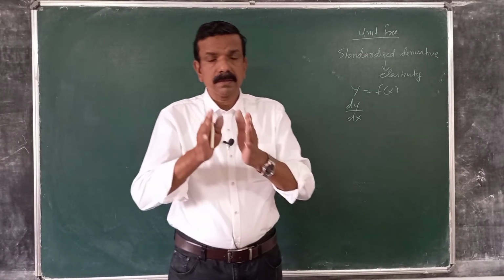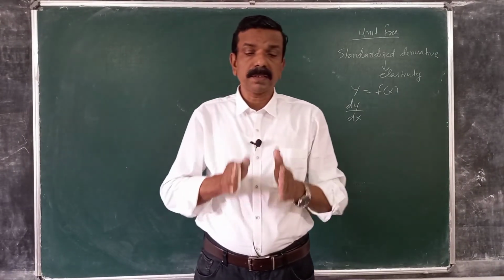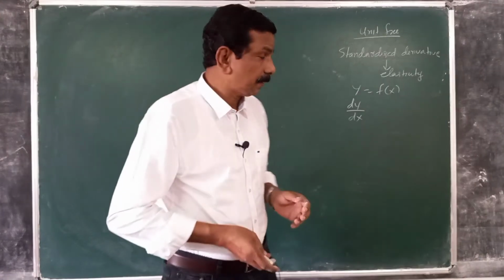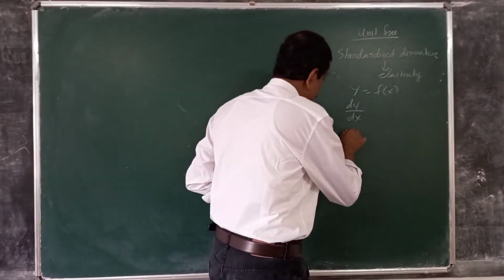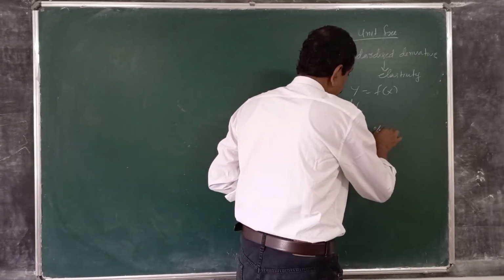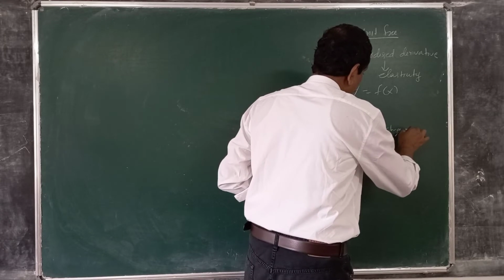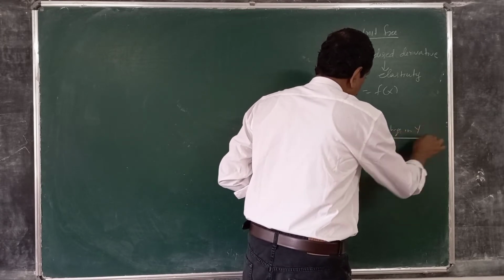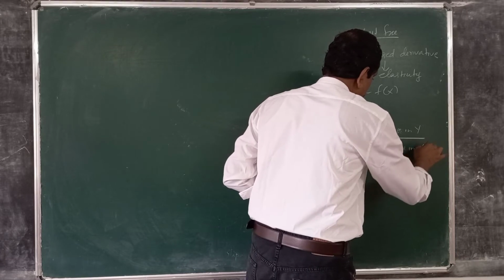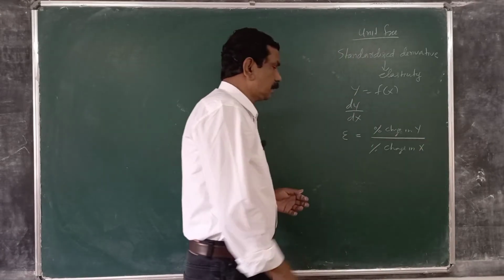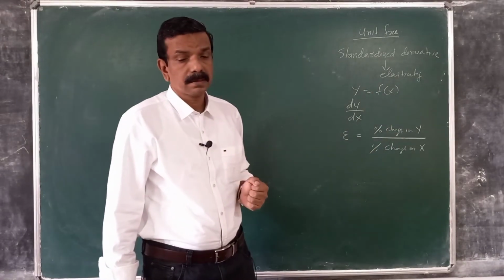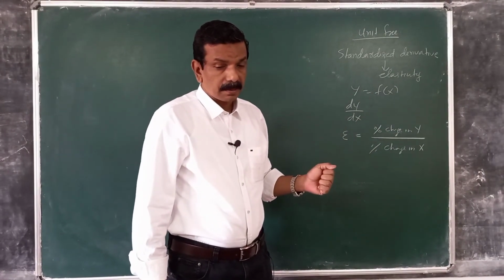Now, the elasticity or the standardized derivative of y with respect to x, denoted as epsilon, is equal to percentage change in y divided by percentage change in x. The standardized derivative or elasticity is nothing but